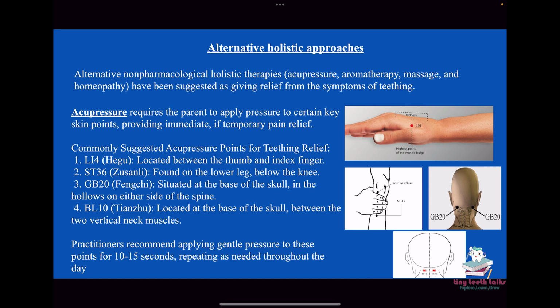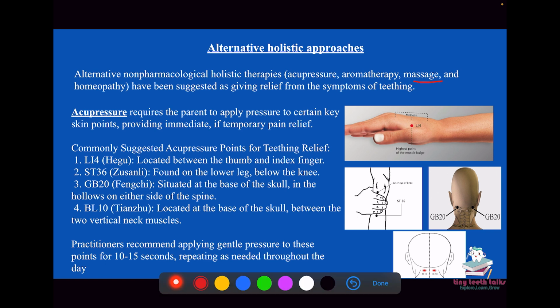Alternative non-pharmacological holistic therapies like acupressure, aromatherapy, massage, and homeopathy have been suggested as giving relief from the symptoms of teething. Starting with the acupressure. Acupressure requires the parent to apply pressure to certain key skin points, providing immediate, if temporary, pain relief. Commonly suggested acupressure points for teething relief: